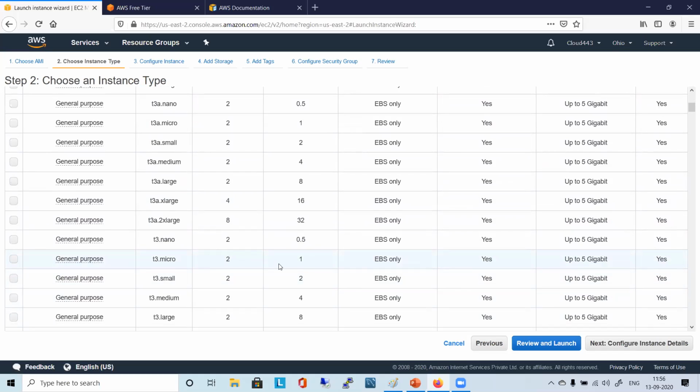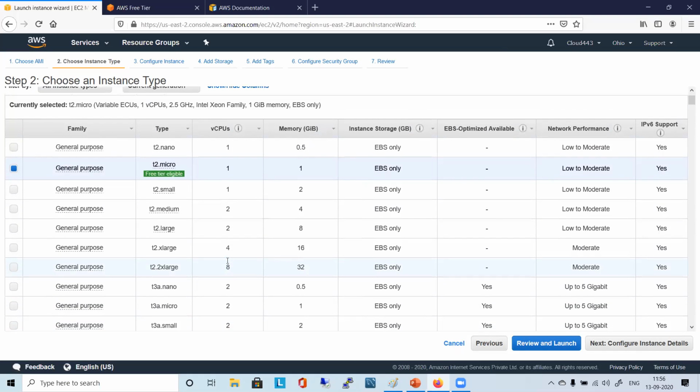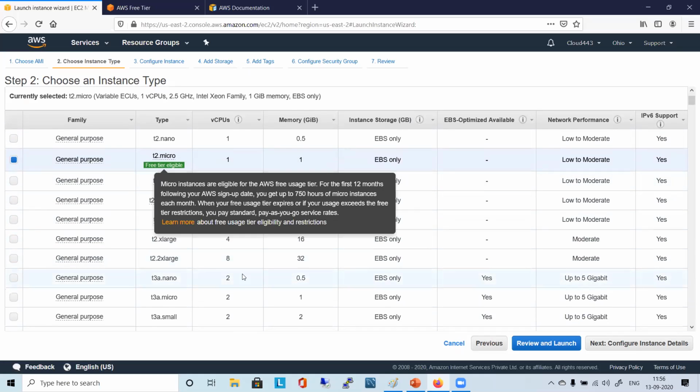Because I can also get T2 with two vCPU and one memory, right? So why would I need to select T3 in that case? So there will be certain differences in terms of other aspects apart from the vCPUs. Yes, I understood your point. It's not about T2 or T3 or something.